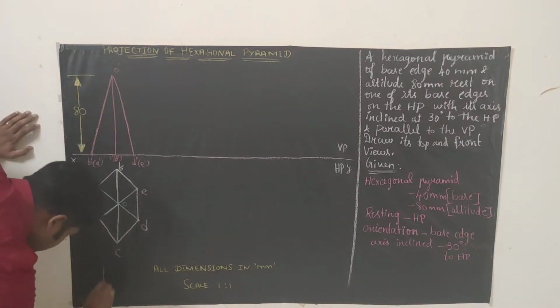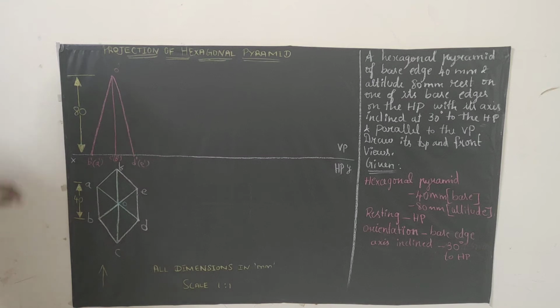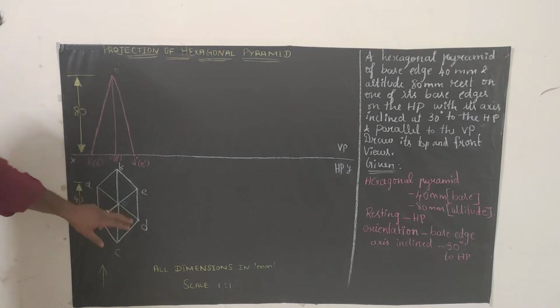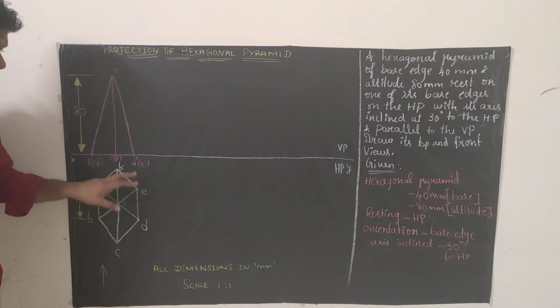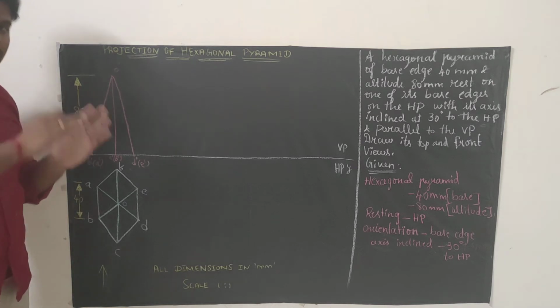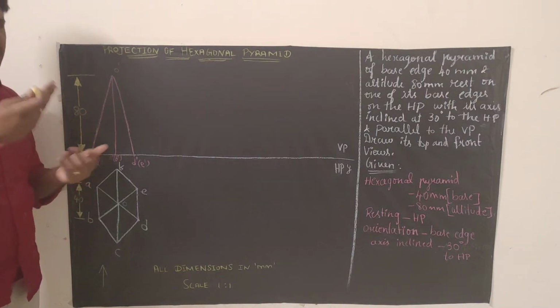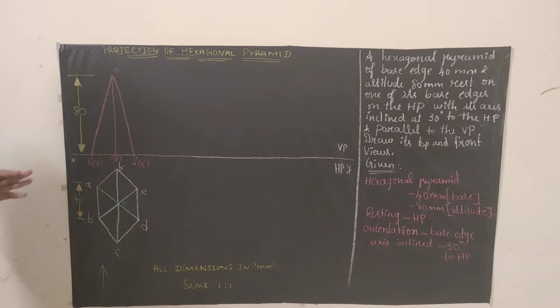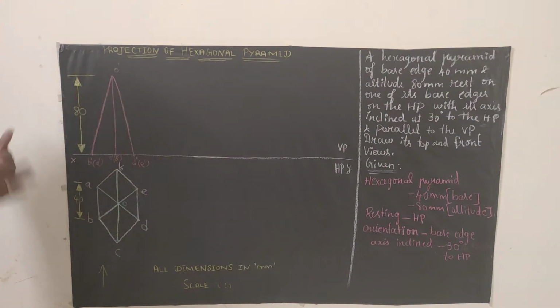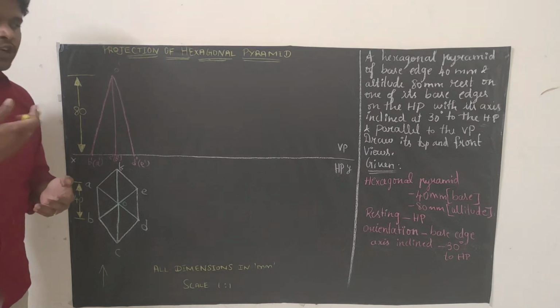Now I will explain how to write the namings. See, when you see from here, you can see B but you can't see A. So B dash, bracket A dash. You can see C but you can't see F. So C dash, bracket F dash. You can see D, you can't see E. So D dash, bracket E dash. Whatever you are seeing, you just put outside the bracket. Whichever corner or edge you can't see, you just put in the bracket. So this is how to name for the front view.